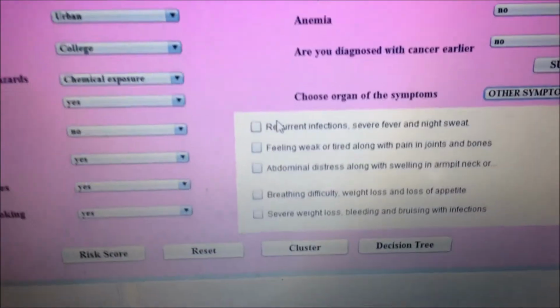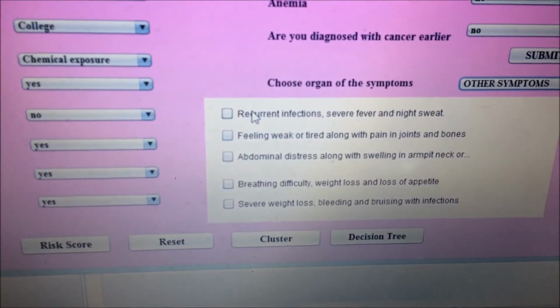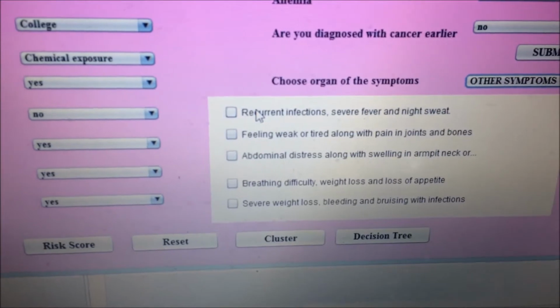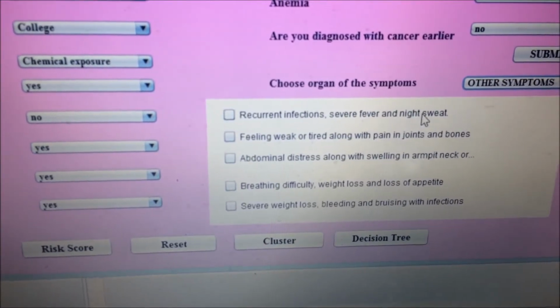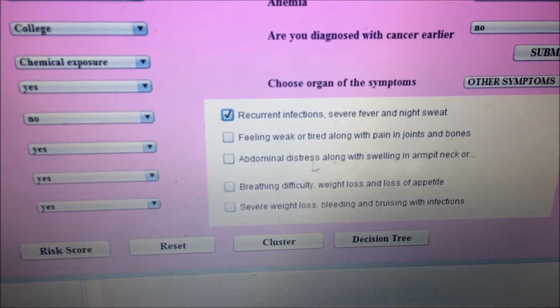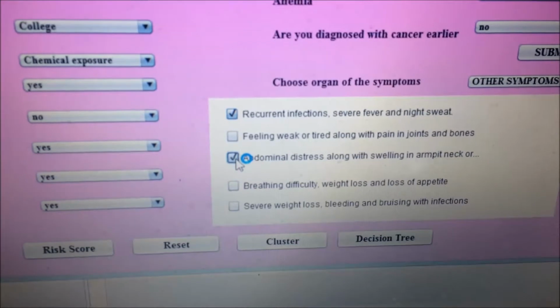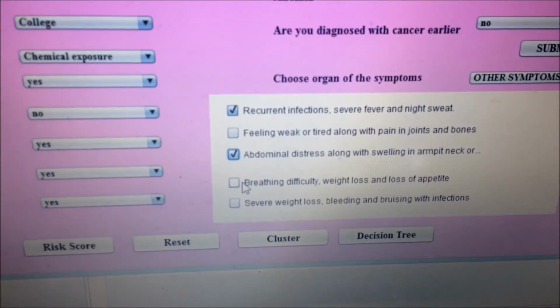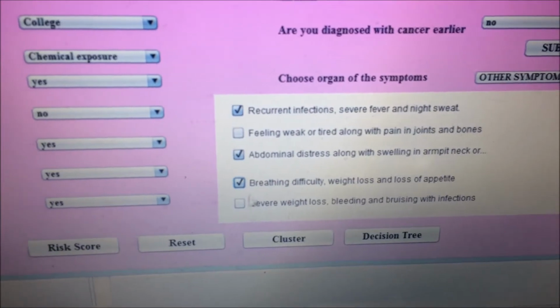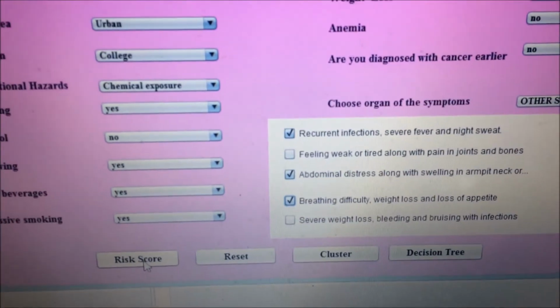Okay, so here are the symptoms which you could find. So I'm clicking on recurrent infection, severe fever and night sweat, abdominal distress along with swelling of the neck, breathing difficulty, weight loss and loss of appetite. So I'm just clicking it and I'm just giving a risk score.